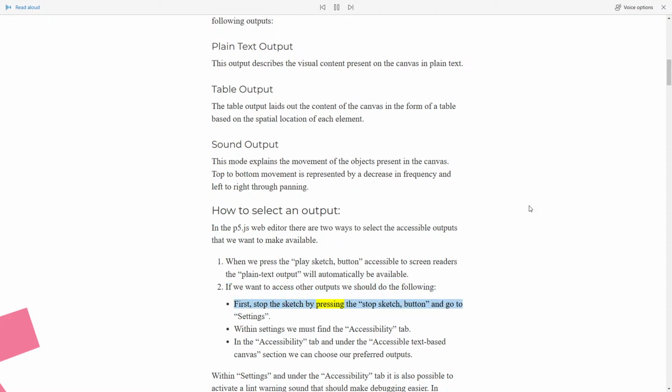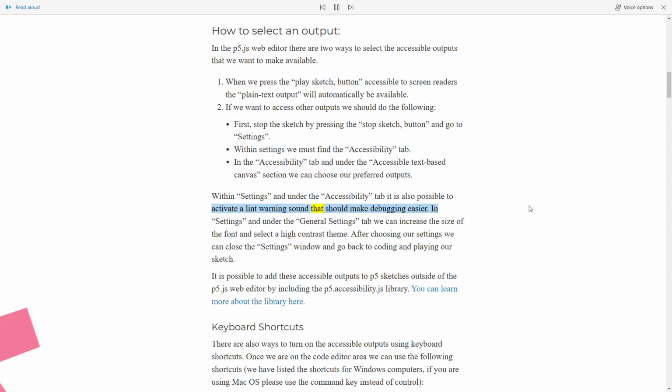First, stop the sketch by pressing the Stop Sketch button and go to Settings. Within Settings we must find the Accessibility tab. In the Accessibility tab and under the Accessible Text-Based Canvas section we can choose our preferred outputs. Within Settings and under the Accessibility tab it is also possible to activate a lint warning sound that should make debugging easier. In Settings and under the General Settings tab we can increase the size of the font and select a high contrast theme. After choosing our settings we can close the Settings window and go back to coding and